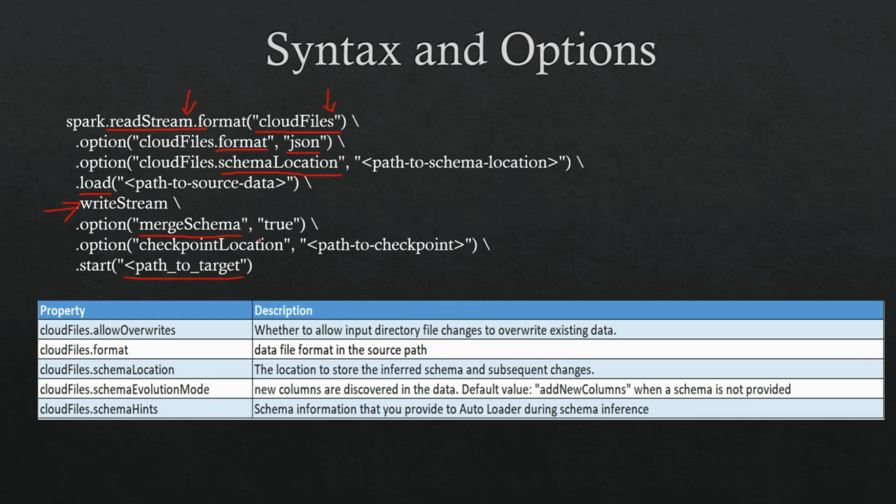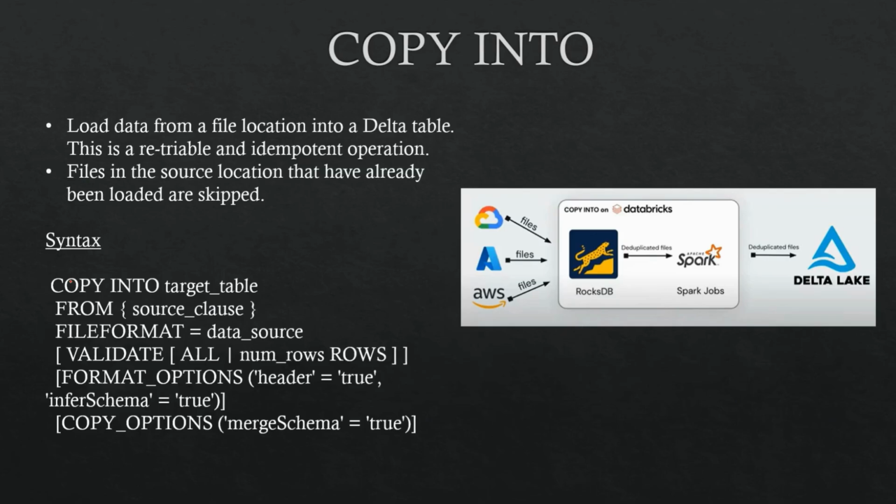Now, you also need a checkpoint location where exactly the metadata is stored, what all files have been processed. And you have to provide the path or the target location and the table name where you exactly want to save it. So this was all about the introduction, how exactly the incremental data load takes place with the autoloader. So now let's go ahead with the practicals for it.